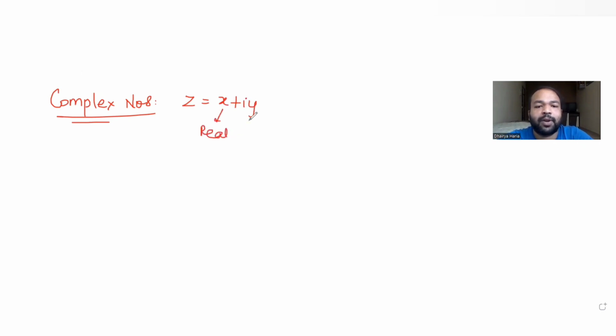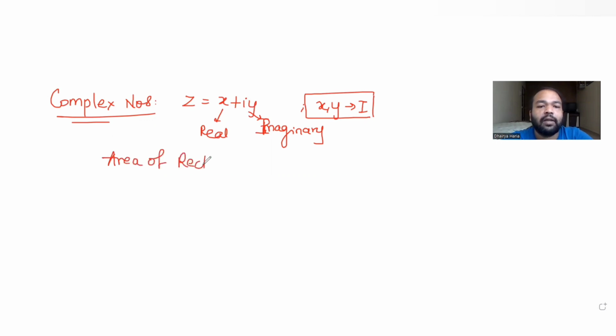Let's see today's question. Today's question we are taking up from the topic of complex numbers. In this question we have been told that z is equal to x plus iy is your complex number, where we already know that x is the real part and y, being with i, is the imaginary part. Further, it's also told that for those complex numbers, x and y are integers. We have been asked to find the area of a rectangle,